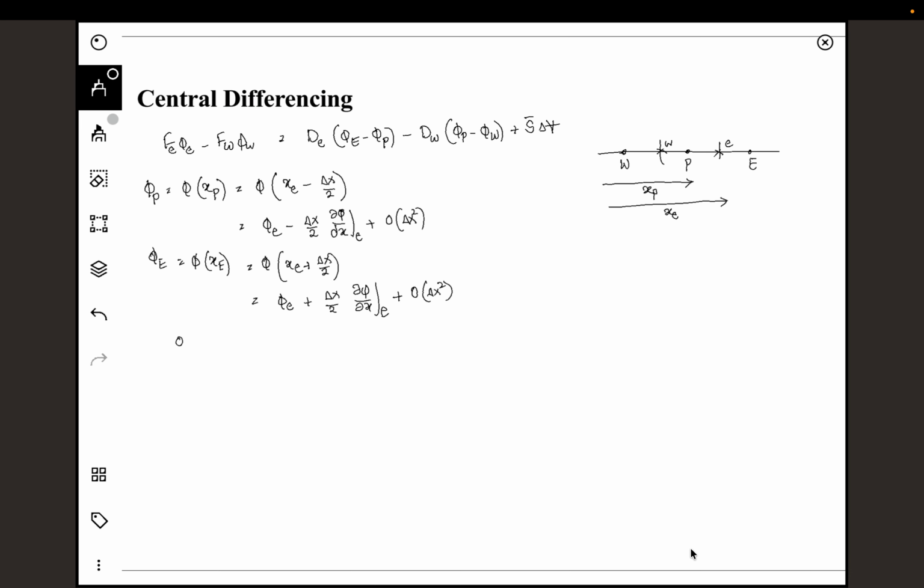So if I add 1 and 2, the first and the second one, phi p plus phi e is going to be 2 phi east. This term will get cancelled off, and then I'll have a second order accurate scheme. So from this, we are approximating phi east as phi p plus phi e by 2, and it is a second order accurate scheme. So this is what we do in a central differencing scheme. Similarly, phi west can be written as the arithmetic average of the neighboring cells, which is phi w plus phi p by 2. Now if we substitute that into our original equation, so we have